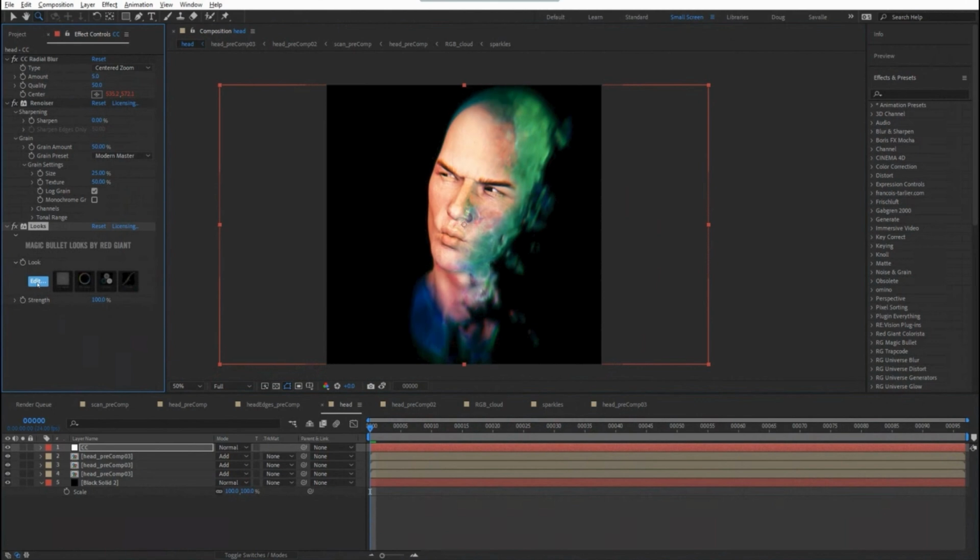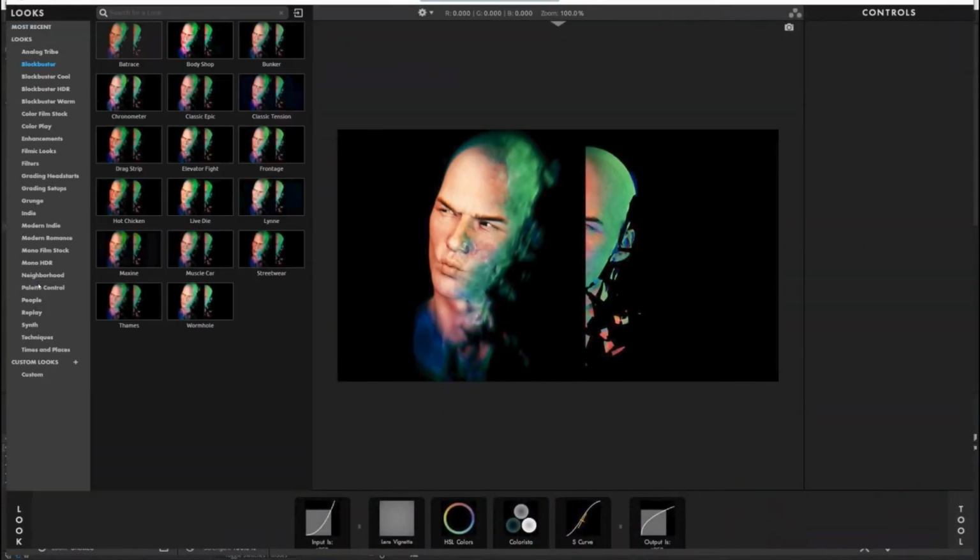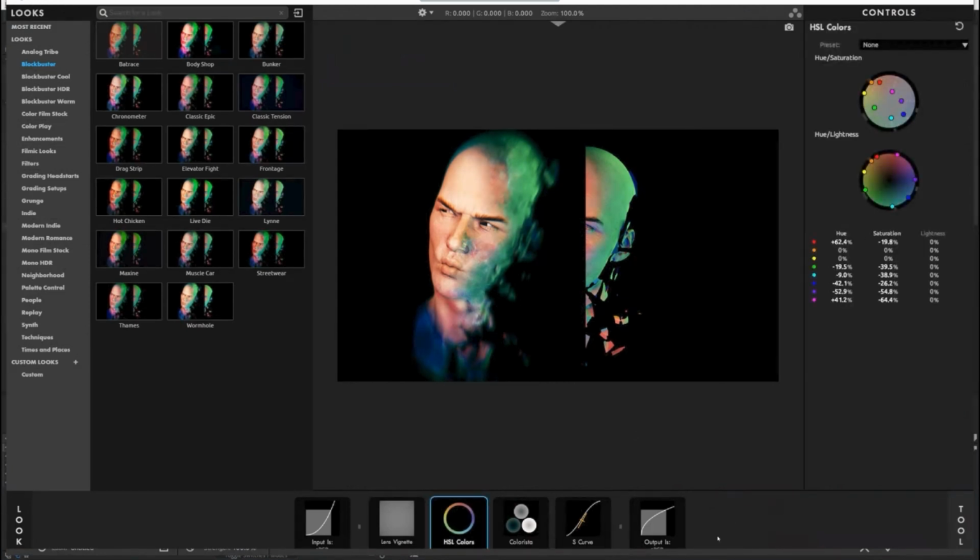Magic Bullet Looks, I'm sure everyone is familiar with it at this point, but if you are not, it's this incredibly powerful plugin for color correction. They have all these built-in preset looks. I'm using one of these. Honestly, I don't remember which one it is at this point, but once you have it picked, you can go in and change all your values.